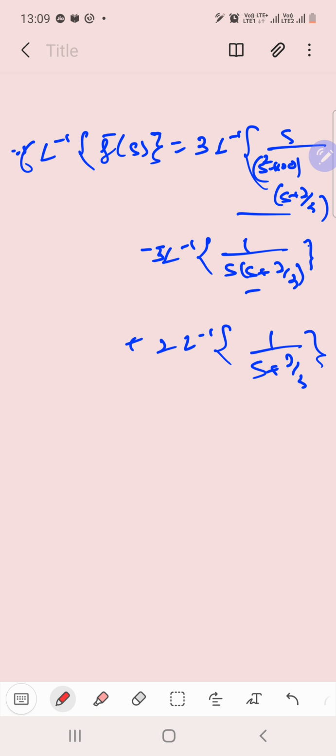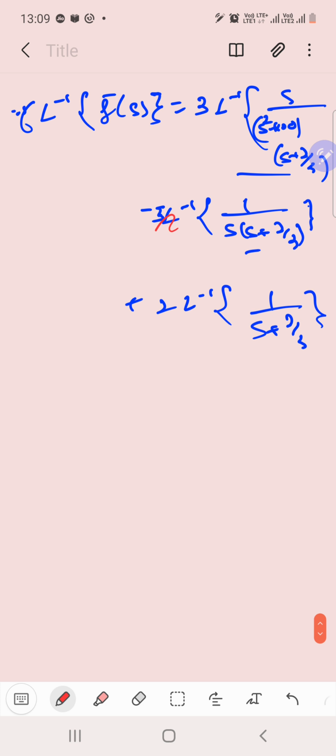So in these two cases, basically we can do one thing here. We will separate it out actually. See, you have 3 here, right? So let's do one thing, we divide it with 2 by 3. So this becomes actually 9 over 2. Here you get 2 by 3, so you can write it as s plus 2 by 3 minus s. Clear? Let us do this one first.